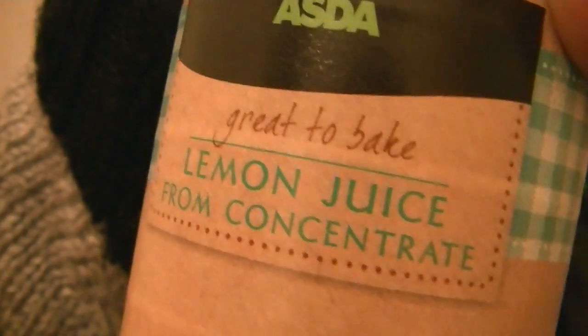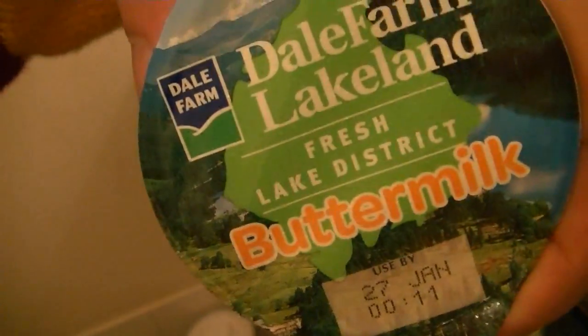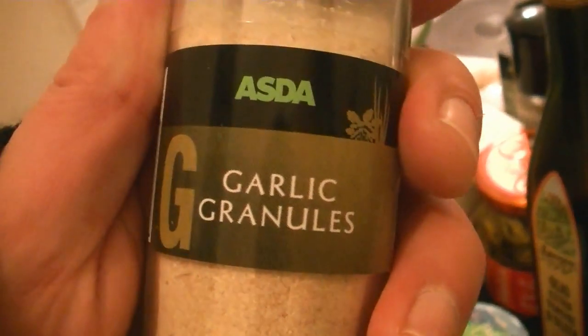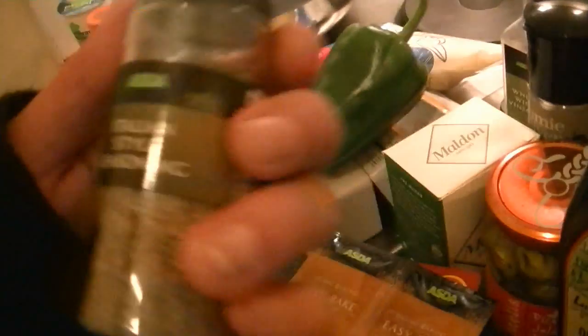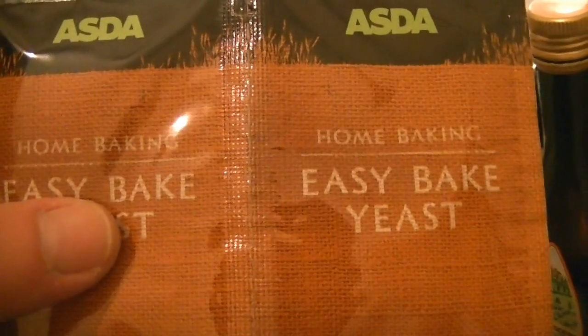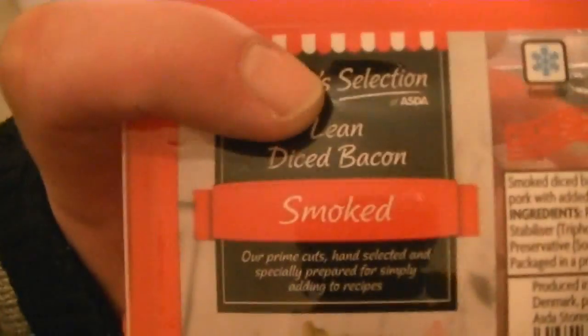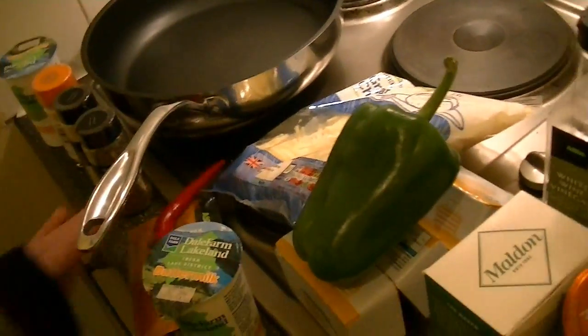Then we need, of course, lemon juice, some buttermilk, then we need onion granules, we need garlic granules, we need Italian style seasoning, we need, of course, some dried yeast, then we need smoked bacon lardons, lean, we need fresh red chili, a green pepper or bell pepper,